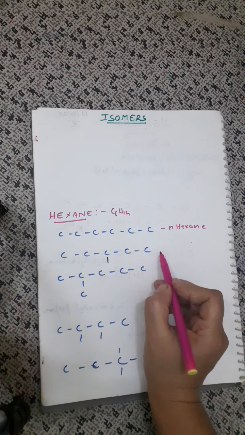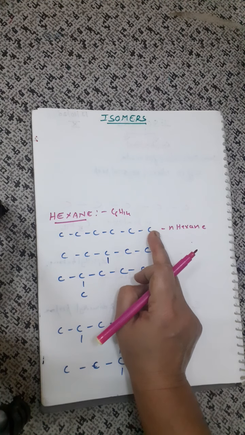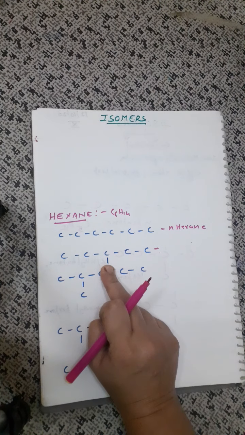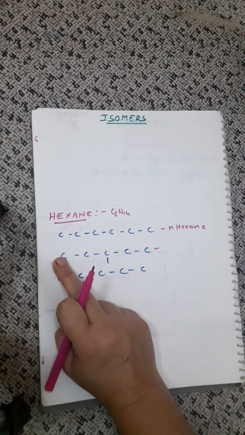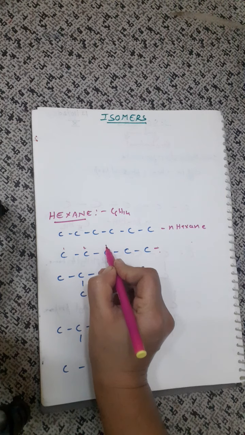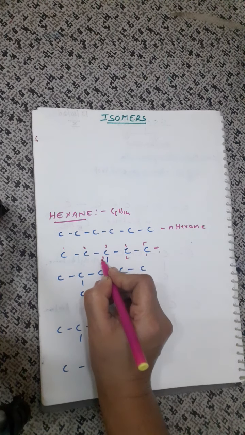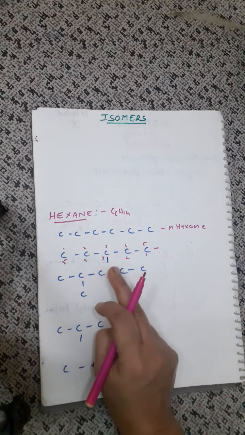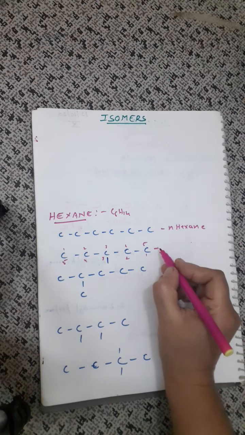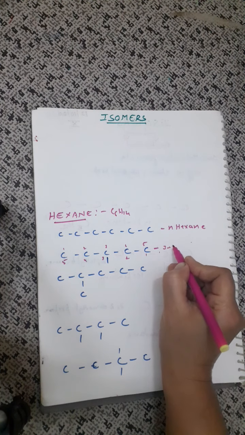Then the another form of hexane which you must have constructed is by removing one carbon from the terminal and placing it. It can be placed on any of the carbon. So let me take, I have placed it on the middle carbon. In the sense, if I start from here, the numbering will be 1 2 3, 4 5, and if I start from my right side, 1 2 3 4 5. So from either side, the position of this carbon is third carbon or the middle carbon. Okay, so what could this be termed as? This would be called as 3 methyl.